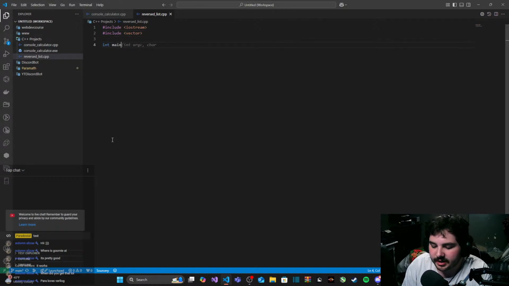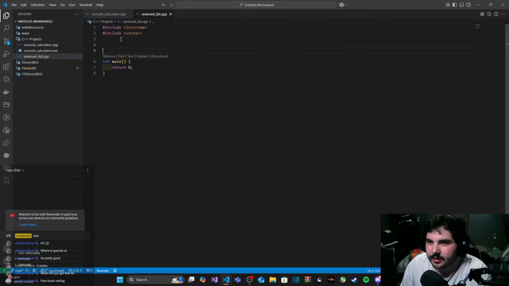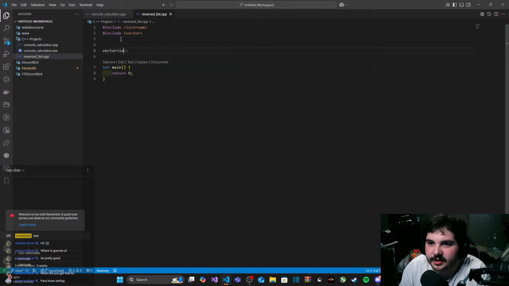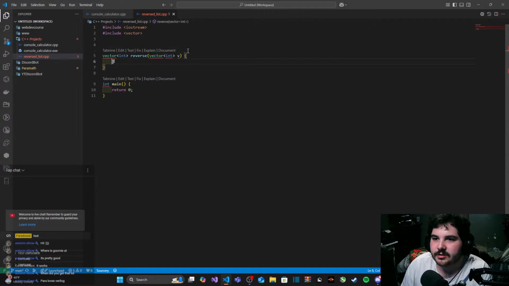Then int main. And then vector of type integer, reverse, and then vector int v. We'll target v as our vector.